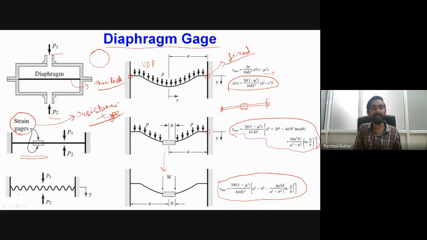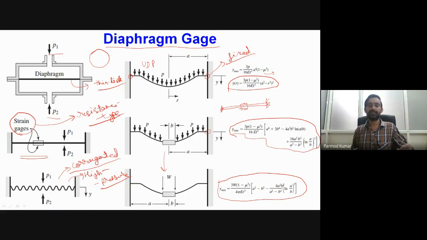Instead of a flat surface diaphragm, normally corrugated diaphragms are taken. This type of corrugated diaphragm helps in decreasing the amount of deformation happening inside the structure. Because of that, it requires large values of pressure to generate sufficient deformation which can be measured and reflect the value. So corrugated diaphragms can be employed for the measurement of high pressure, and flat type diaphragms are applicable for low pressure applications.